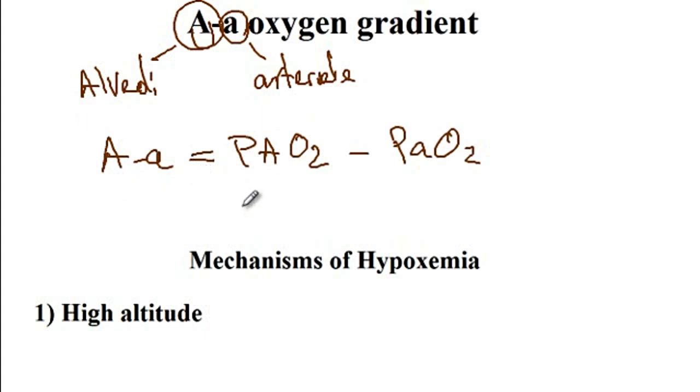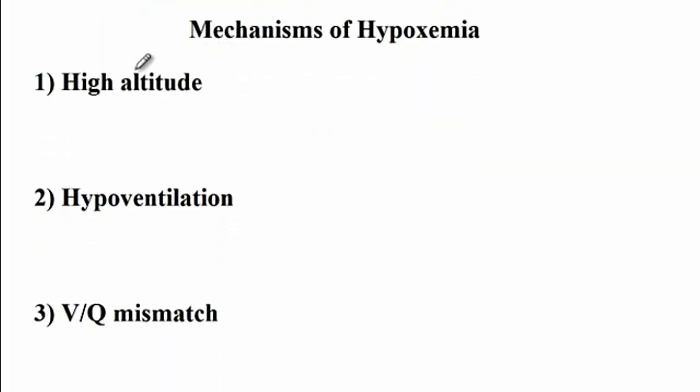Now the question is, with all the different forms of hypoxemia that I've listed down there, which of them will have a normal AA and which of them will have increased AA gradient? So the two conditions that will have a normal AA, so alveolar and arteriolar partial pressure of O2 does not change, are high altitude and hypoventilation. With both of these conditions, since there is a proportional decrease in both the alveolar as well as the arteriolar partial pressure of O2, therefore the AA gradient remains the same. While with the rest of the conditions that I will discuss later, there would be an increase in the AA